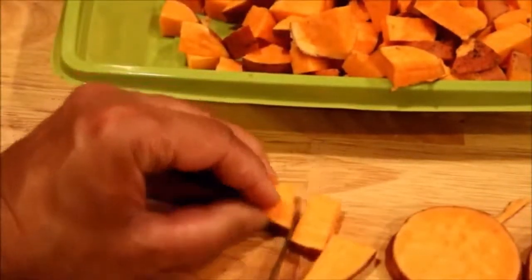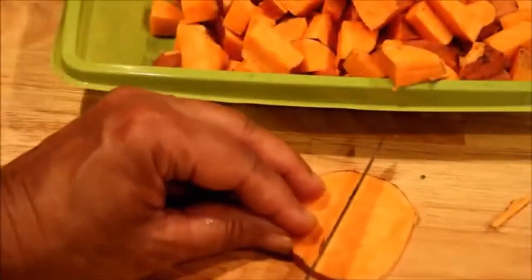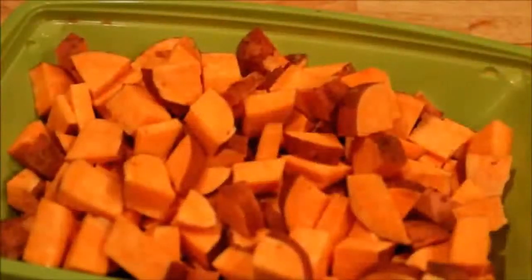So, you want to cut up the sweet potatoes. I do it in half, and then I just go across it twice. This one I probably want to cut a little bit so they'll be uniform. They're going to be approximately an inch. So these are going to go in the oven. I'll be right back. Okay, so what I'm going to do is eyeball it, but you're going